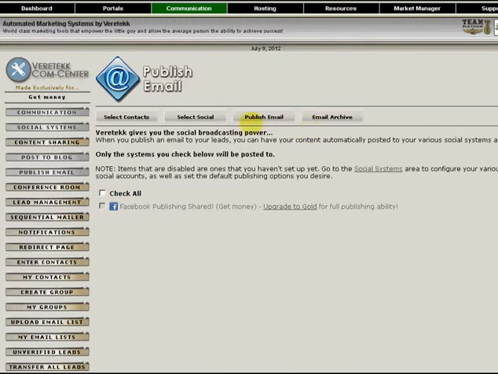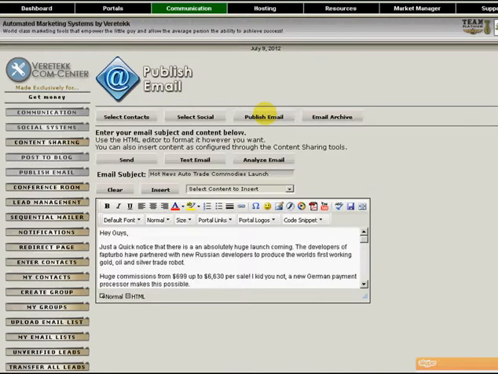and what I can do here, I can analyze the email. This is what it looks like. I can test my email by sending it to my address, or I can send it. But I'm quite happy that I've got everything right, so I'm just going to send it out. Having sent it out,